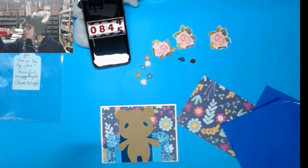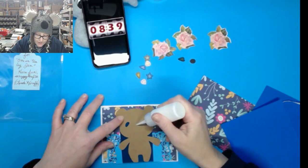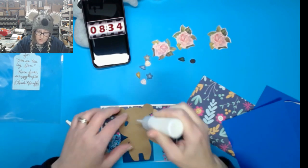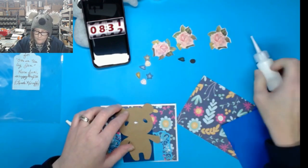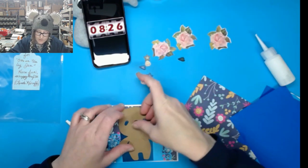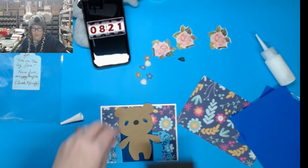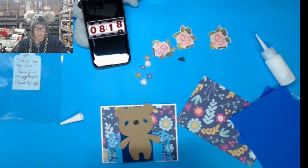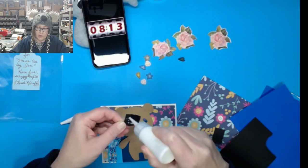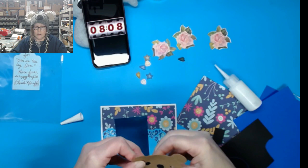Pull out my glue. This one's not the full one. So we're going to give him a little nose. I'm going to use that black one for his nose. Oh, there it's coming. Whoop, too much. There we go. So that'll be his nose, and then I'll give him some eyes by putting some black paper behind it. I have some extra paper here, and we only need a little bit of it. So I'll just put a little bit of glue around it and make sure that the black part stays on his